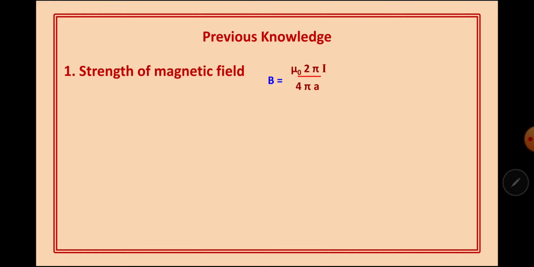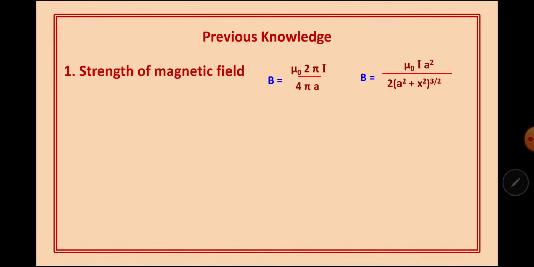But the point is, this formula is applicable for a single turn coil, and if we have multiple turns, students, all the turns will have magnetic field in the same direction. Therefore, if we have n number of turns, the magnetic field simply gets added up for all the turns, and the resultant field becomes n times the field of the single turn. So if I have 10 turns, I simply need to multiply this expression by 10, and if I have 100 turns, I have to multiply this expression by 100. So I simply need to multiply it by n if there are multiple turns given.